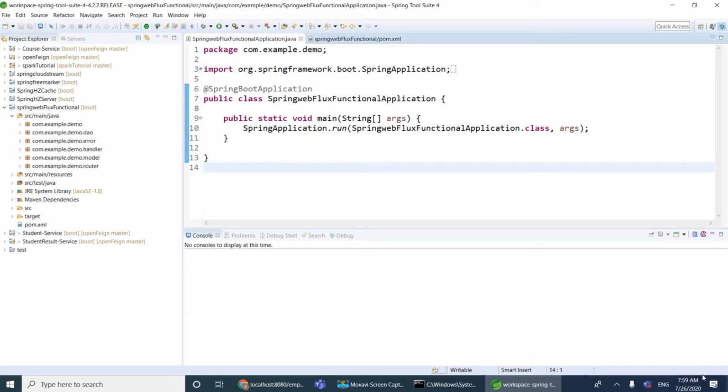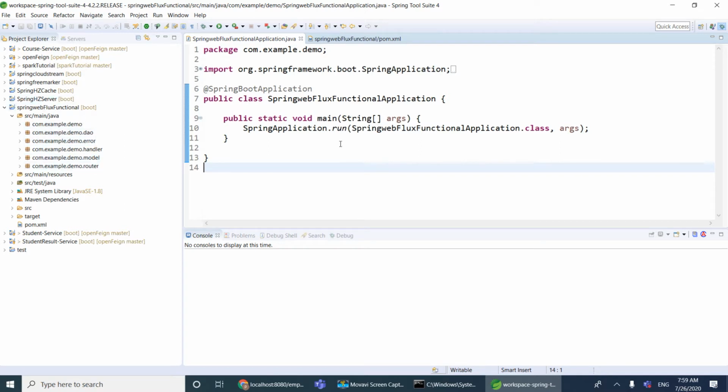Hi friends, in this session I am going to show OAuth2 with WebFlux. Spring Security provides WebFlux and OAuth2 integration for reactive applications. In this demo I am going to show how to use OAuth2 login for my reactive web application. I am going to use Facebook as my OAuth provider.